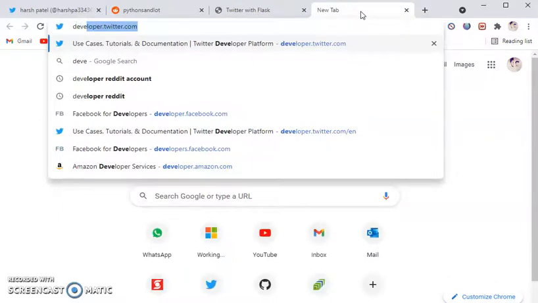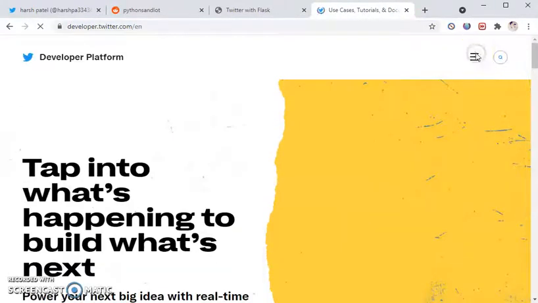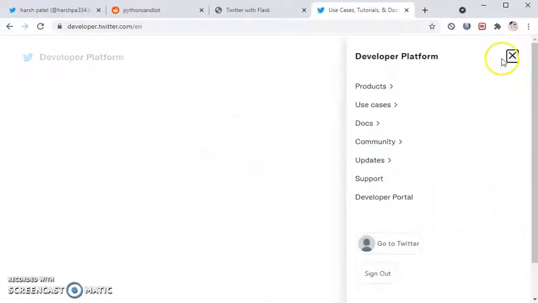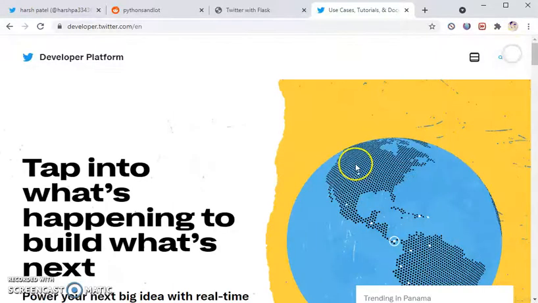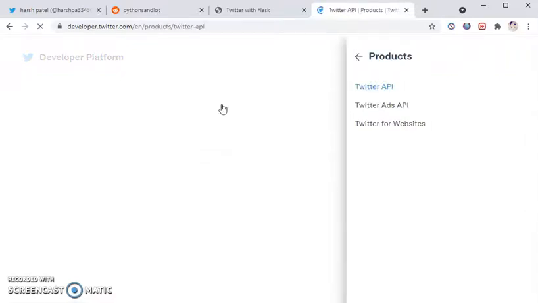For the developer account, we go to developer.twitter.com. Go to my apps, platforms, use cases, and products. There it is, Twitter API.